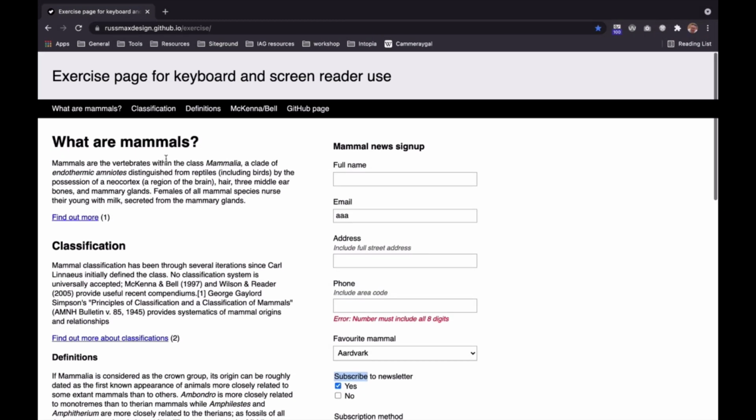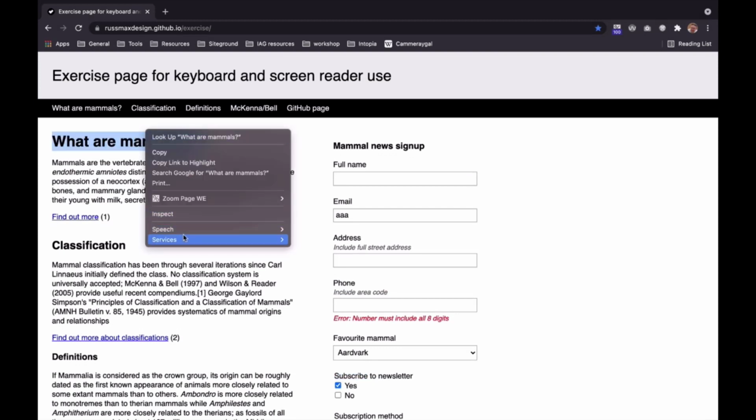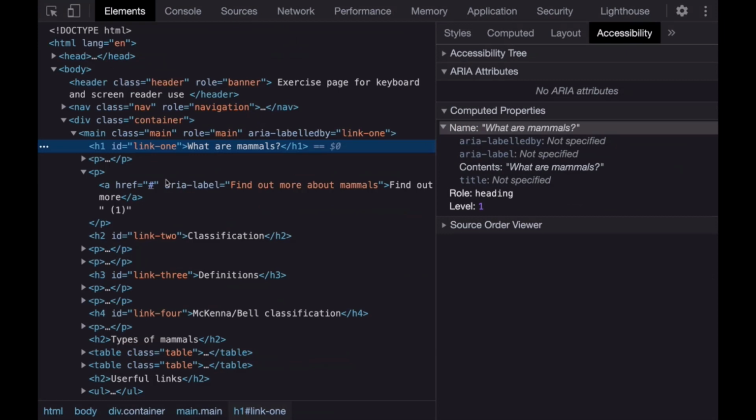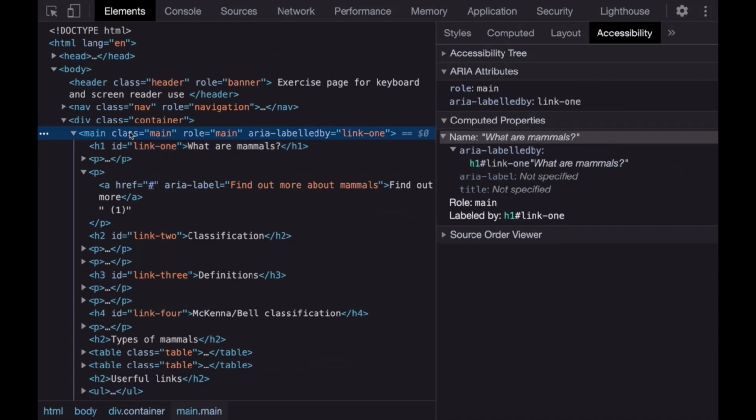Okay, let's go back here, and what we want to do is click around the heading up the top, inspect element again, but we're going to move slightly up the DOM to the main element. So that's the element that contains the main chunk of content on the page. And what we want to know is, does that one have an accessible name? So first of all, its role equals main.